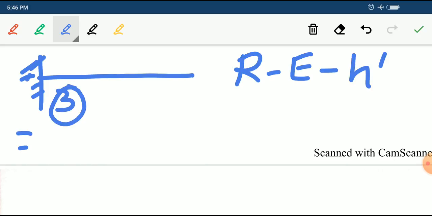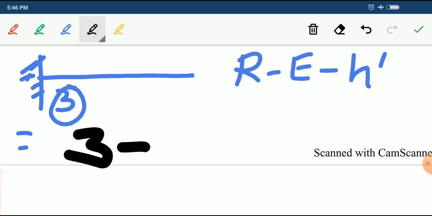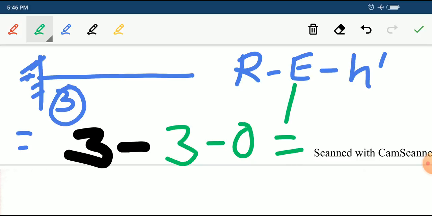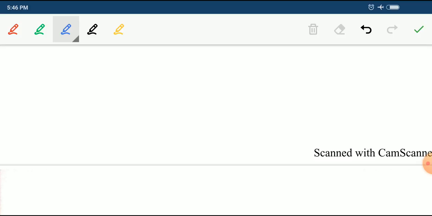Okay, so again we will calculate this one. Let's see what answer we get. The number of reactions will be 3, and the number of static equilibrium equations is how much? That will again be 3. Are there any internal hinges? No, that is equal to 0. So what is the answer for this one? The degree of static indeterminacy value will be equal to 0. Okay, so we will move to the next question. Next.